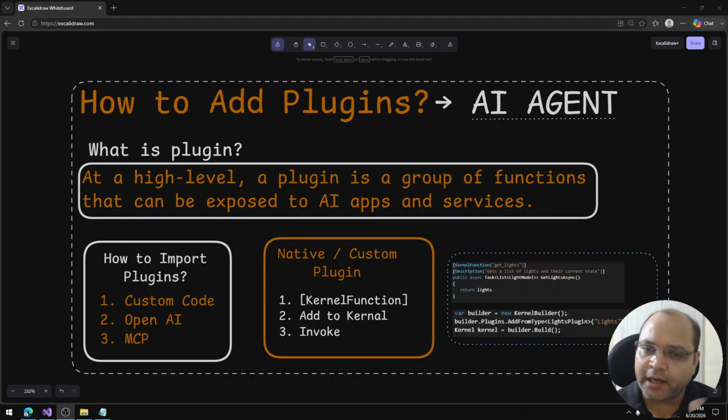A plugin is a high-level, logical grouping of your functions. Let's say you have a class, and in the class you have functions. This can be turned into a plugin for an AI agent, but you need only a small customization in your methods. What customization is that? You need to add the attribute KernelFunction. Once you add KernelFunction as an attribute to a function of your class, it's turned into a plugin for